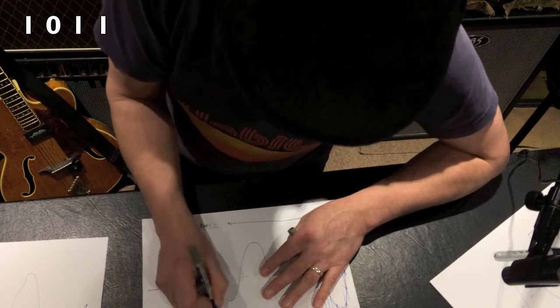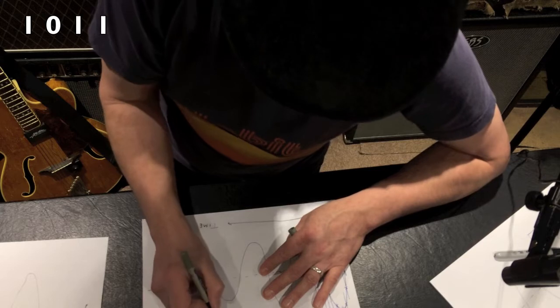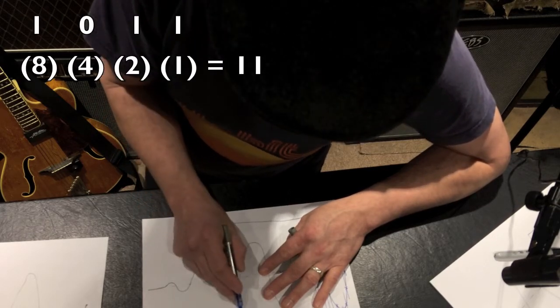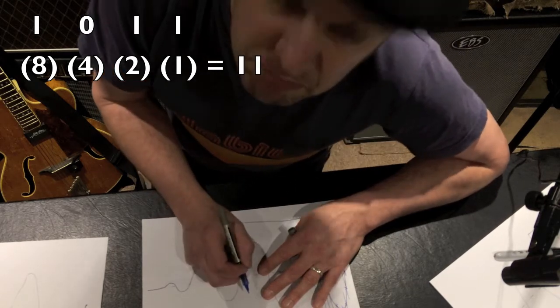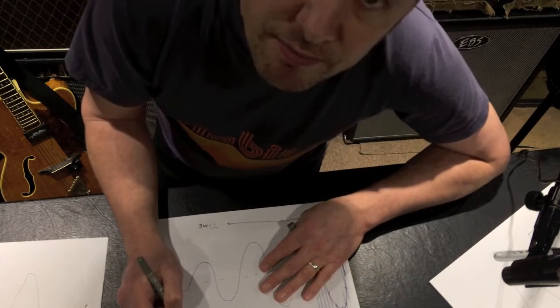Okay, this is a binary number and it represents 8 plus 4 plus 2, 8 plus 2 is 10. That is 11 in binary. That's fine. Now, 16-bit gives us